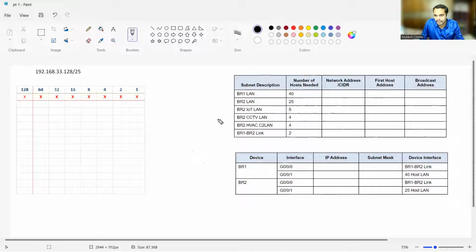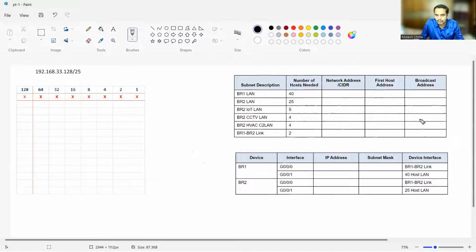For the third subnet, just write it down here: 224/29. The first one is 225 and the broadcast address is 231/29. Okay. And what about the fourth subnet? Come down here. 232/29. And the first usable host address is 233/29. And the broadcast address for that is 239/29. And the next subnet, the network address is